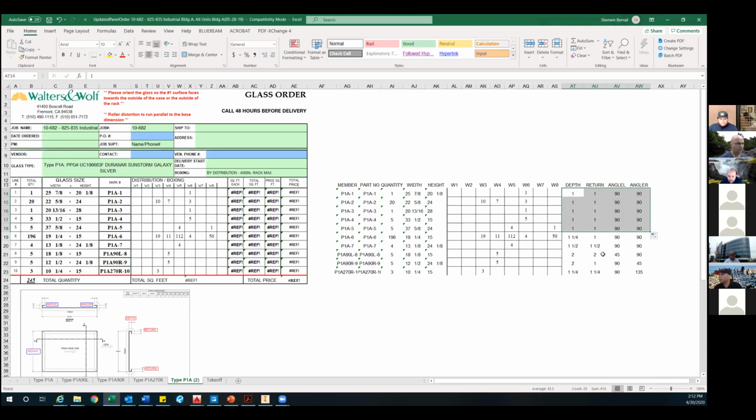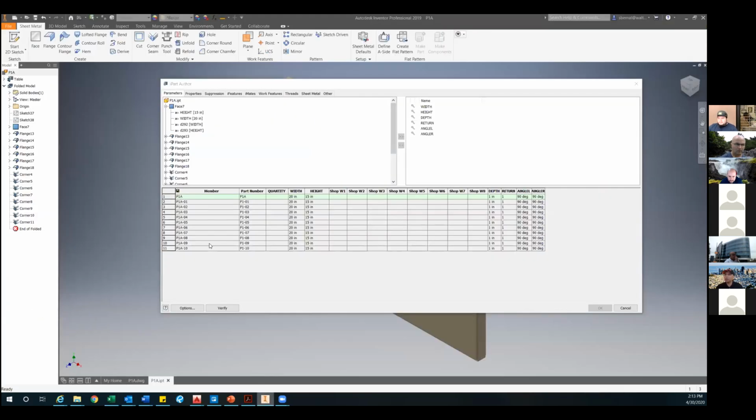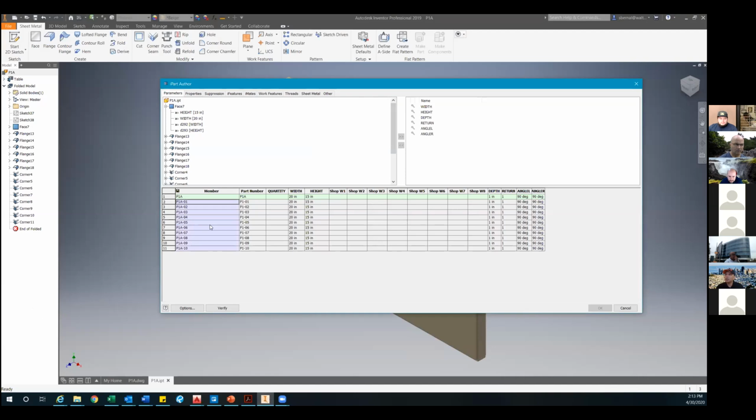Okay. For the other panels, we want to test how the iPart can move or configure with different data. So we have the depth of 1¼ here, a return of 1½, 45-degree on the left, 45-degree on the right, 135 degrees. So all I have to do is copy this information, go to my iPart, and insert exactly the same number of rows, paste this information,